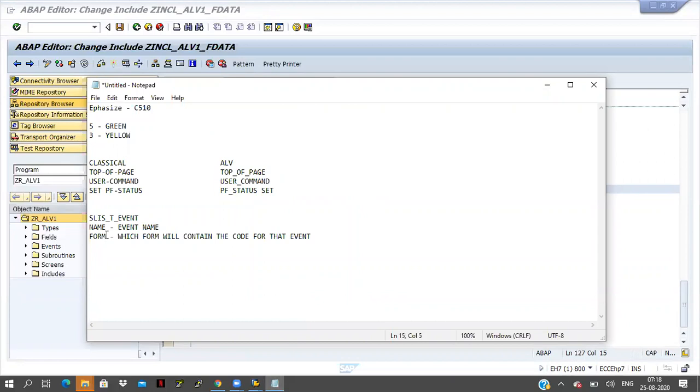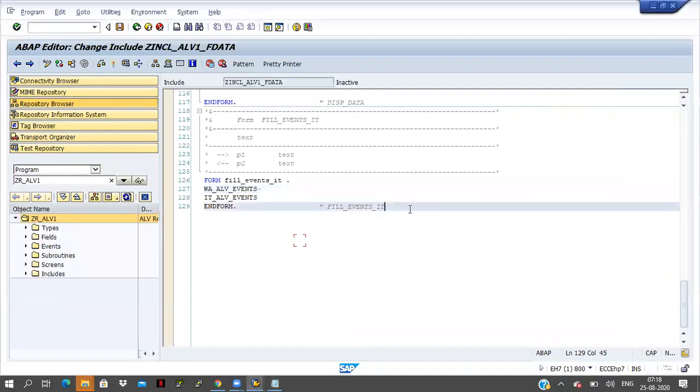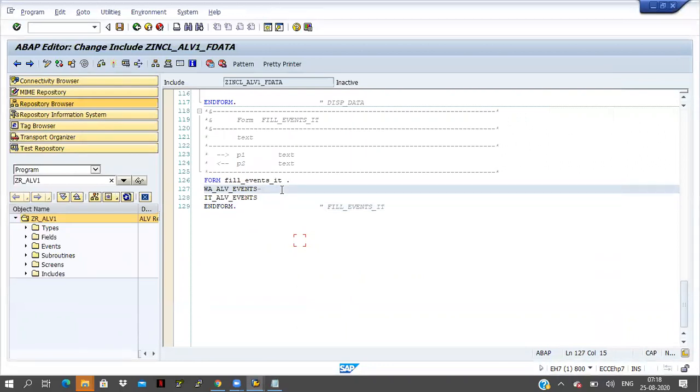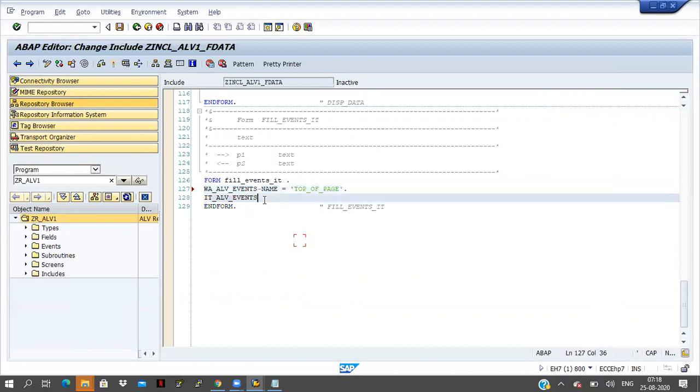Form, endform, like that. That form name we have to pass here. IT_EVENTS name equal to top of page. Top of page, and form.